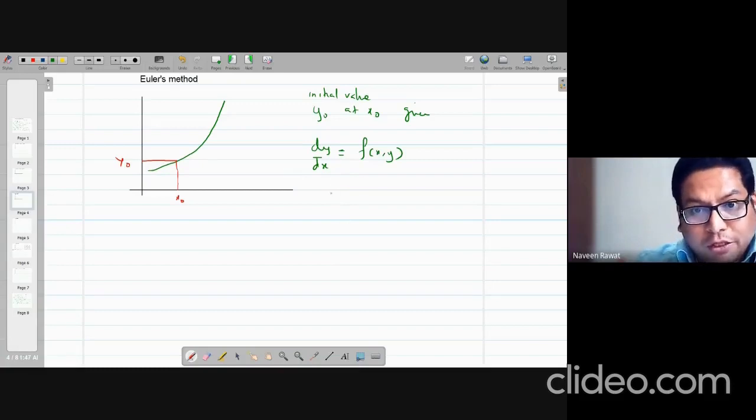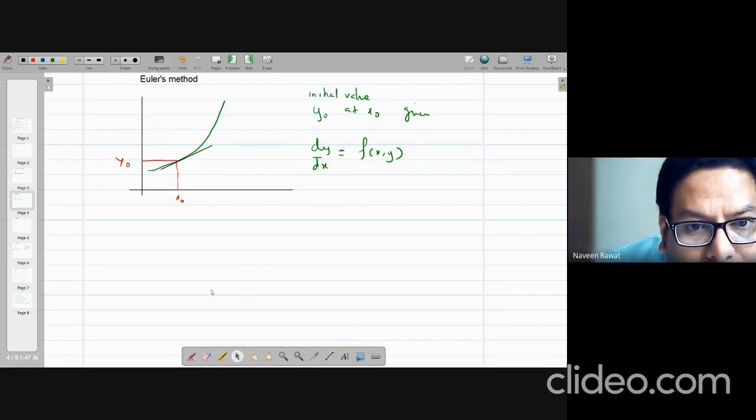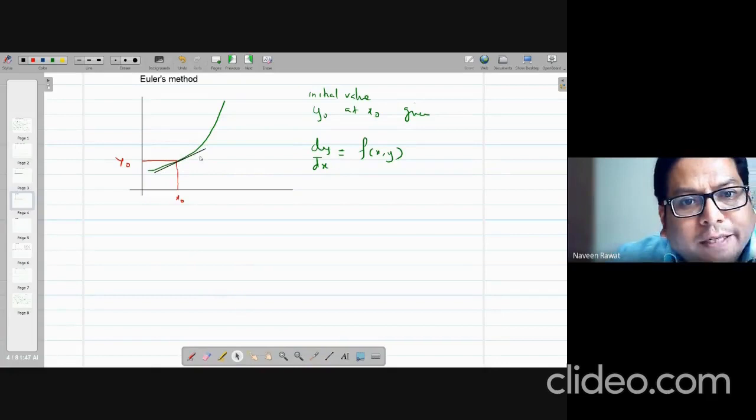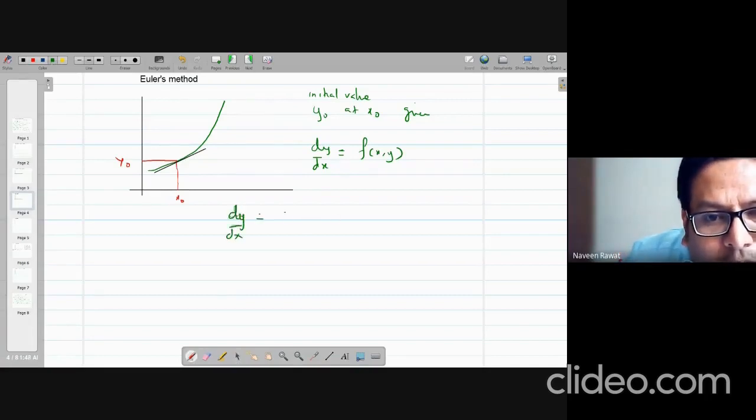So if I draw a tangent at this point, there you go, that is my tangent line. Now by definition I know that dy by dx is y minus y0 by x minus x0, right?